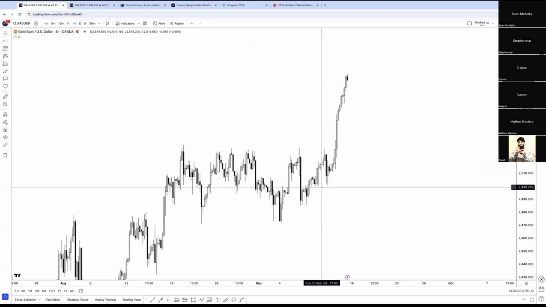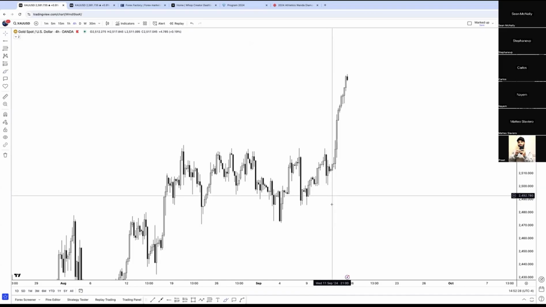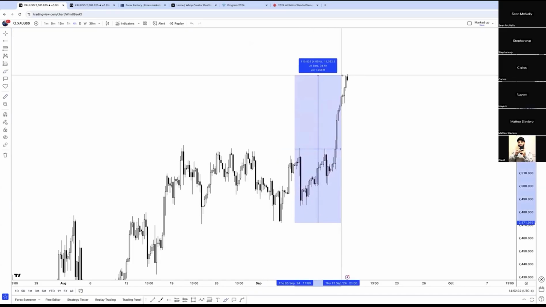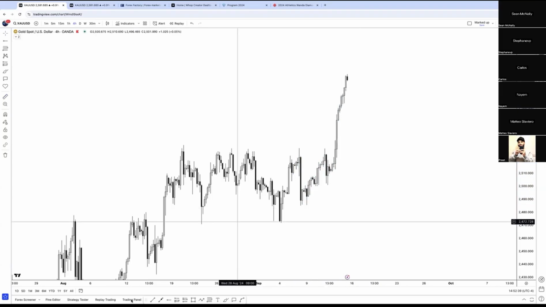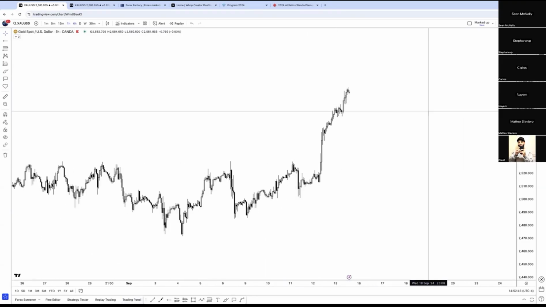So if people start sending me gold charts next week asking me, where's gold going? I won't even respond, please. I don't know where gold's going. Let's be logical here. Look at this move to the upside. Over 1,100 pips to the upside. I have zero clue where this thing's going right now. So, please, do not be trading gold at the moment.